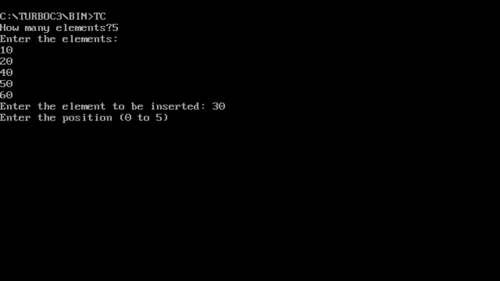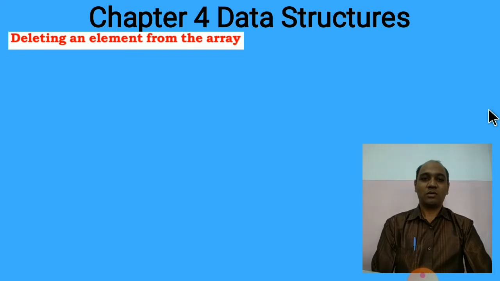At what position does it have to be entered? At the 0th position 10 is present, in the first position 20 is present, so on the second position 30 has to be inserted. So here I'm going to write 2. Now you can see the elements after the insertion are 10, 20, 30 is inserted, next 40, 50.